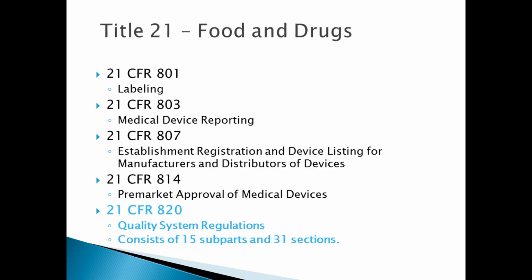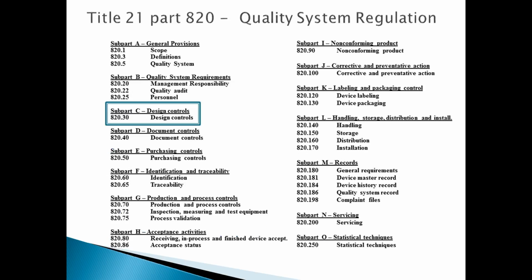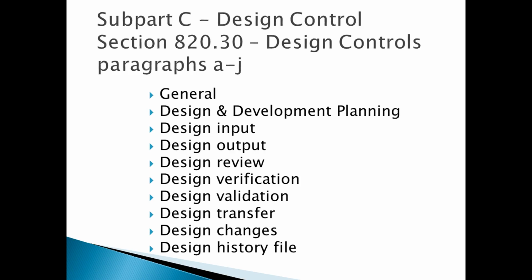And, you know, it's sort of interesting. The students think they're going into a design class at this point, and they're all ready to design stuff, and we hit them up with all these regulations. The one that we focus on within 21 CFR 820 is the one that's in the box on the slide in front of you, and that's design controls. This is really, from an engineering perspective, and certainly from a design perspective, the most important regulatory standard that the students need to learn. There are 10 paragraphs of the 820.30 design controls, and they're listed here, A through J,